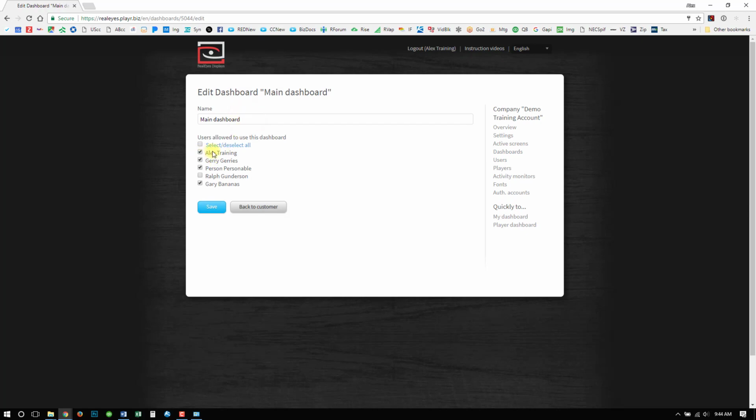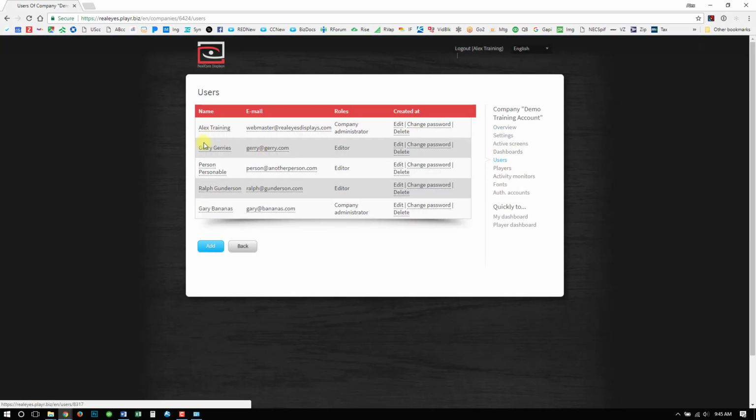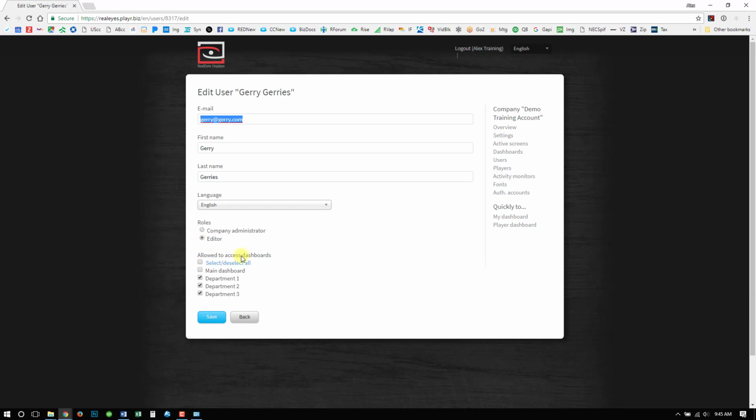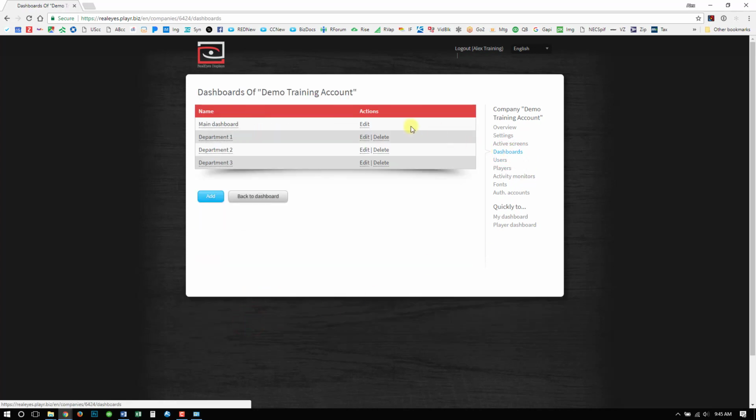So when I click on the main dashboard, I can see a list of who is checked off of our users that have access to this dashboard. And from this level, if I wanted to, I could unselect Jerry's because he might be a troublemaker, and then save it, and then he will no longer have access inside of even his user account when I click here. So the two follow each other, which will allow you to set your user permissions as you like. Let's go back to the dashboards